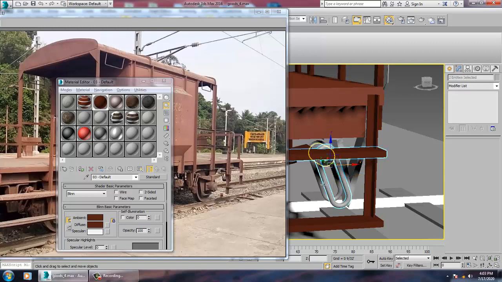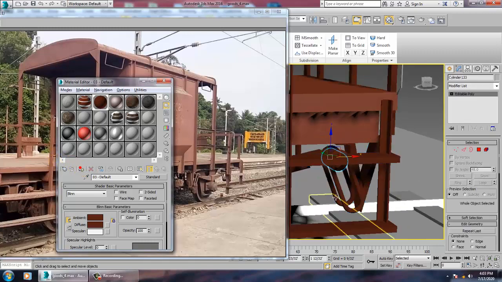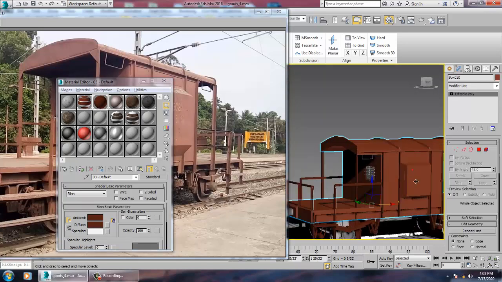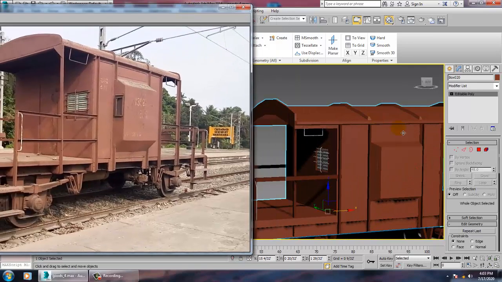Select this. So save your file. If you want this guard bogie to be unwrapped, you can easily unwrap